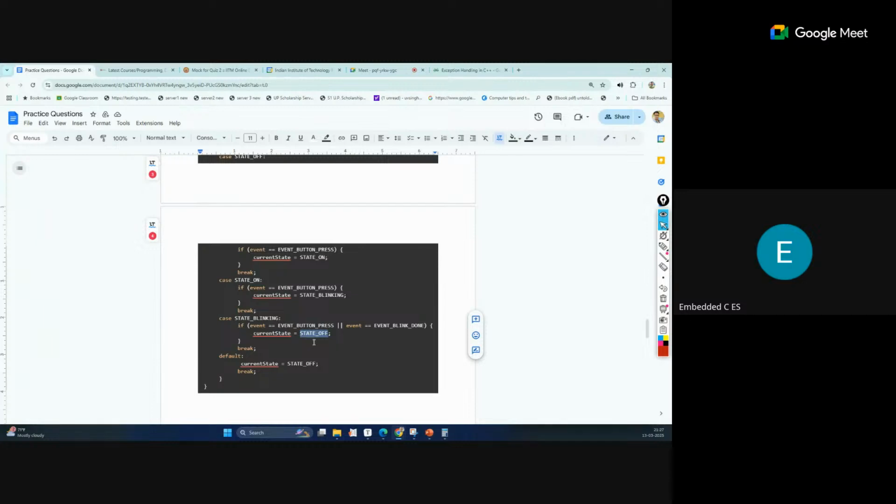So the LED will turn off at that time. At a time one event will be performed, not two events.